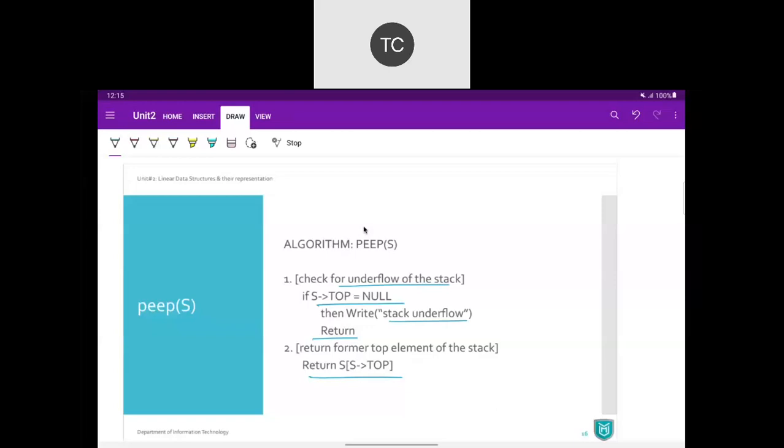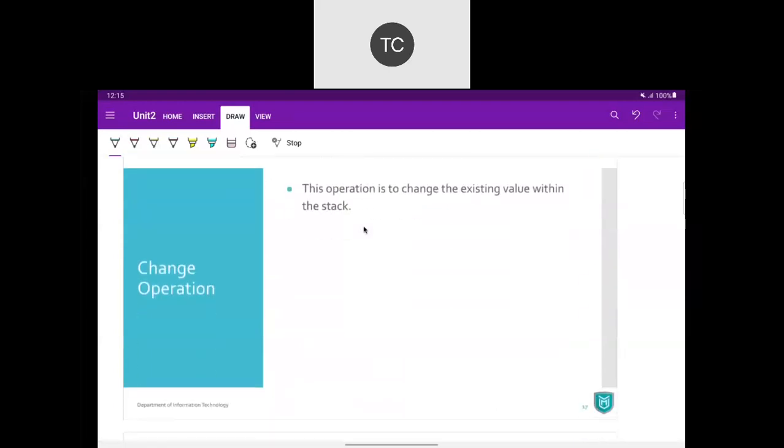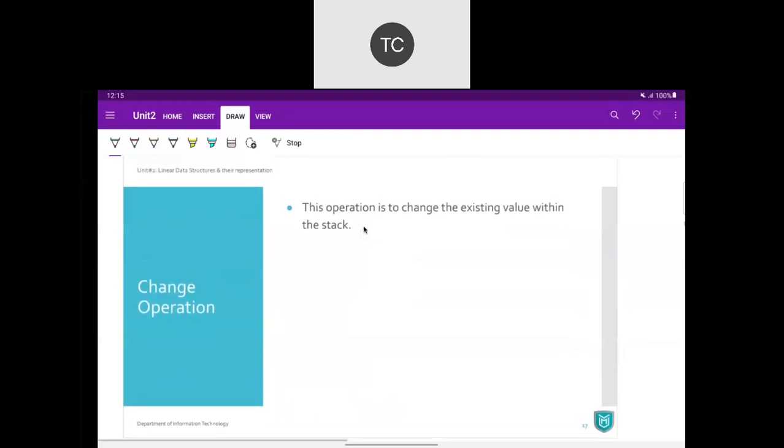So that's pip। Now let's have a look at one last operation, change। What if I want to change something inside my stack? Inside the stack, आपने कुछ वैल्यूज याद करके रखी है और बाद में कोई आता है, भाई फॉरगेट दैट वैल्यू, इंस्टेड ऑफ दैट यू रिमेंबर दिस थिंग,